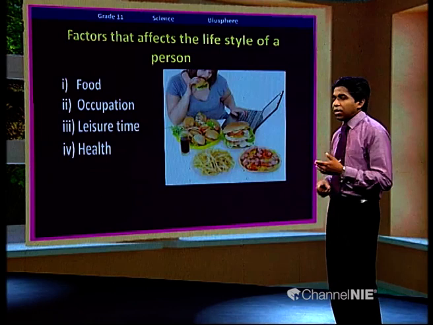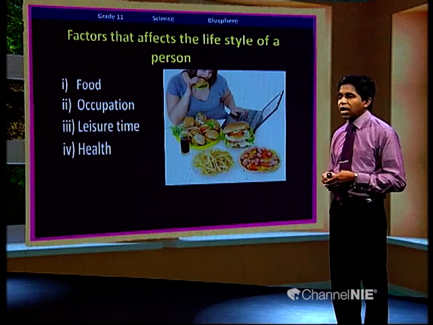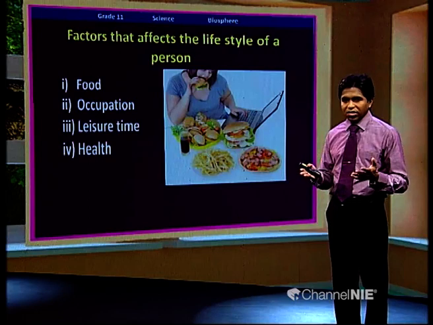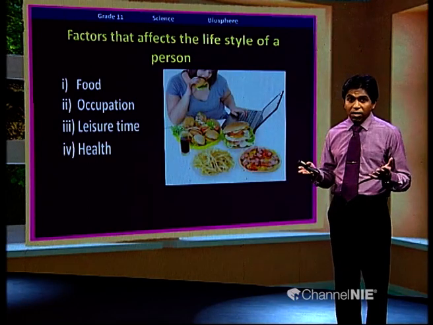So let us see the factors that affect the lifestyle of a person. Now you can see here the food that you consume will affect your lifestyle. You can see in this picture fast junk food, for example caffeine drinks and cola drinks. Junk food contains artificial flavoring and coloring agents, and people are busy, eating this junk food while they are working. Their occupation, for example an executive level job, leaves them no time even to eat.